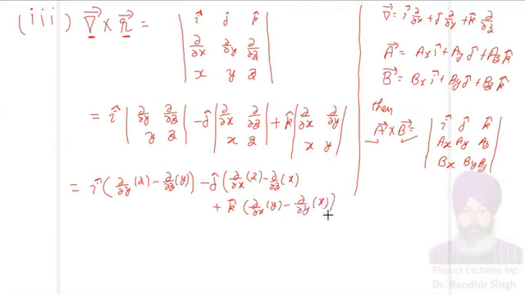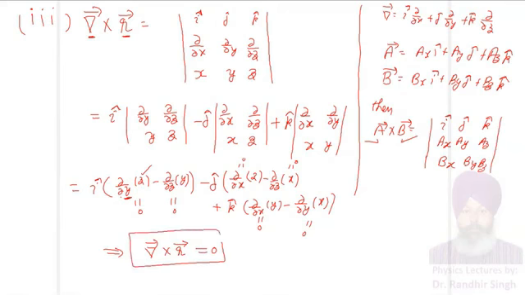Now see, this derivative is with respect to y, and it is a partial derivative. So when we are taking partial derivative with respect to y, we keep x and z constant, and this is z in fact. So this derivative will be 0. Similarly, this will be 0. Similarly, this will be 0. This is also 0. This is also 0. This is also 0. So as a result, our answer will give us del cross R vector is equal to 0. So this completes the problem related with the del vector.